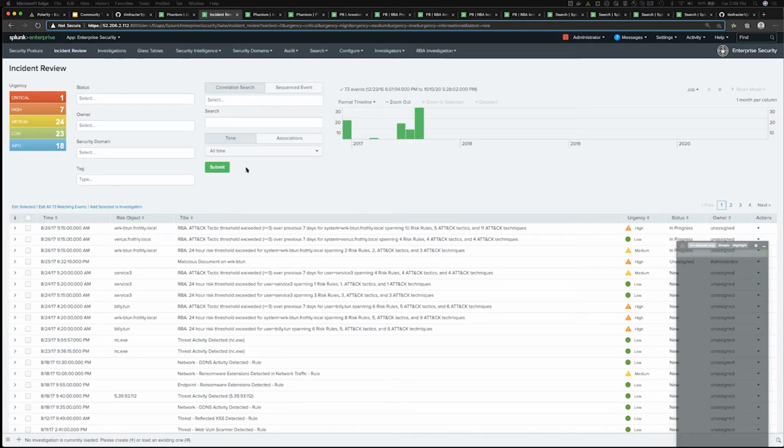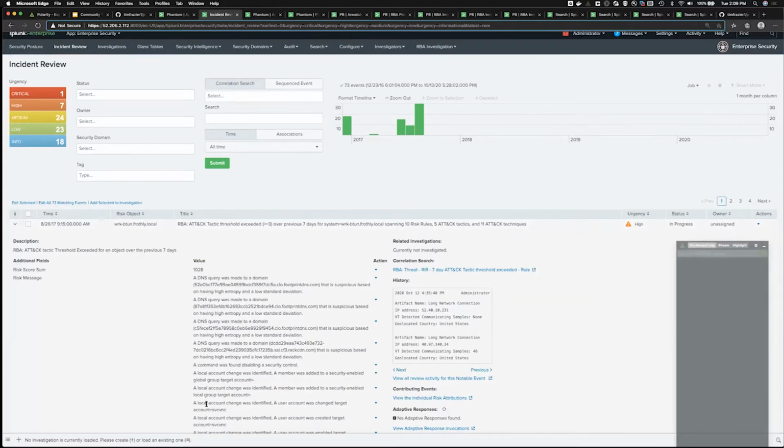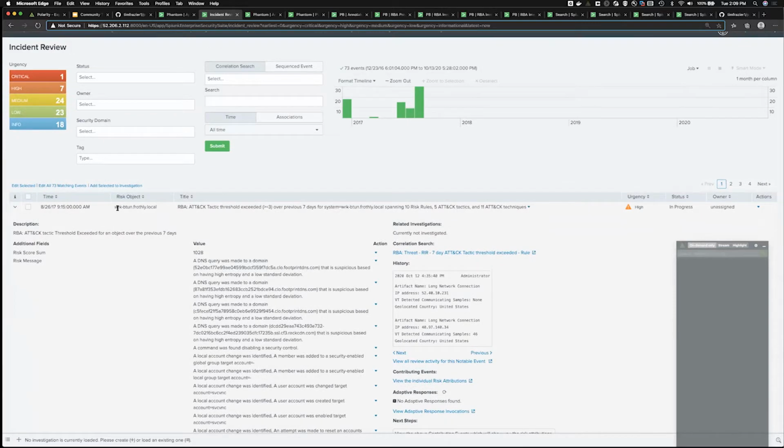All right, so starting in Splunk, what I'm looking at here is the incident review screen of enterprise security. And what we would see is an example of what we call notable events in the enterprise security framework coming in. Now, in this particular instance of enterprise security, I'm leveraging a methodology that we've recently started emphasizing in the last couple of years called risk-based alerting, whereas we can take the output of many different notable events, consolidate them on a specific risk object. In this case, we're focusing in on a particular laptop called